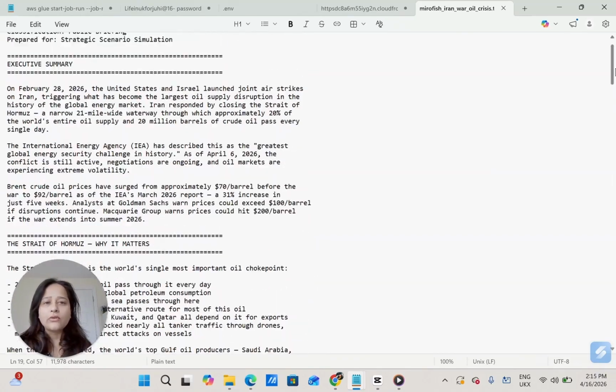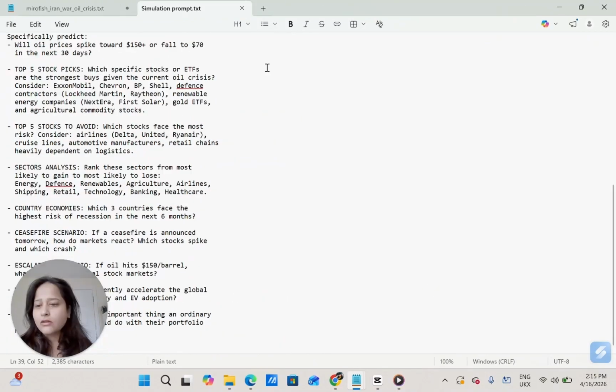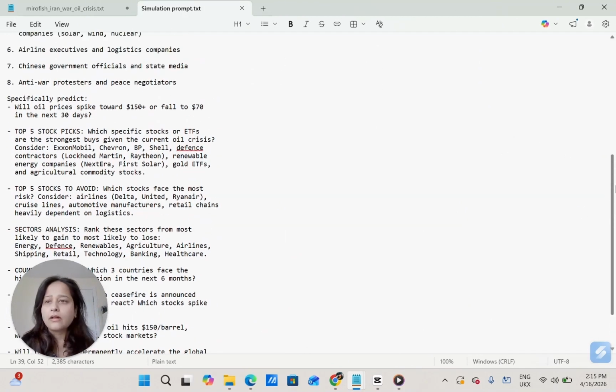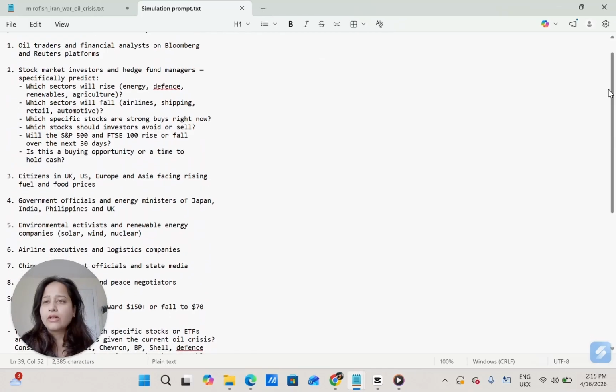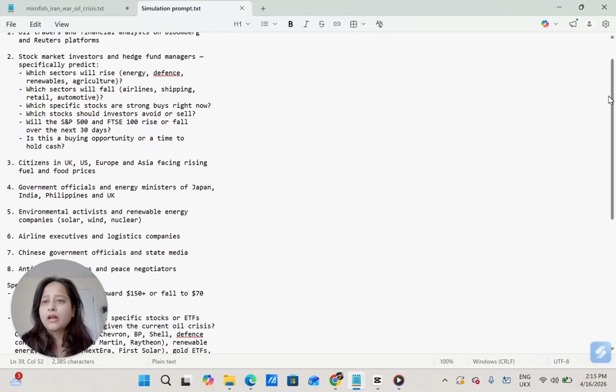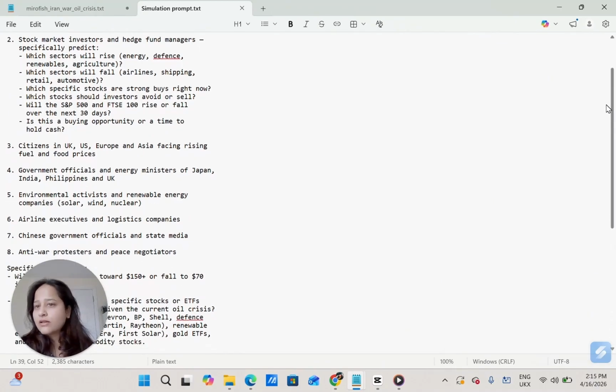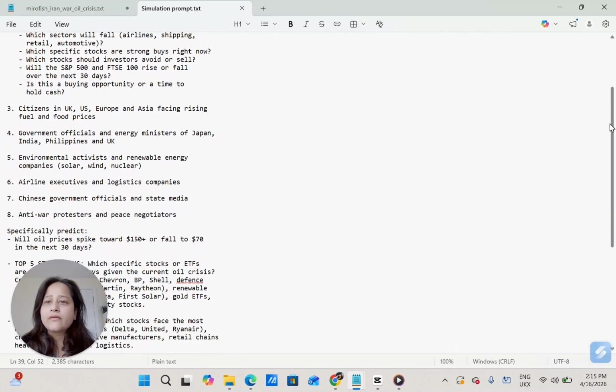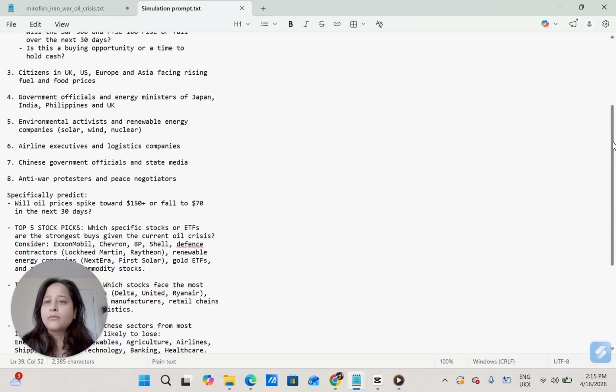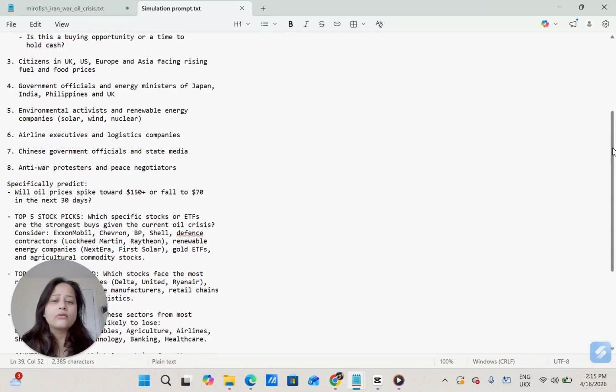And now I'm going to show you the prediction requirement simulation prompt. That will go to the second box. This is what we are going to ask MiroFish about. There are 7 or 8 questions, like how stock market investors and hedge fund managers can react, which sectors will rise, which sectors will fall, which specific stocks are strong buys right now, which stocks investors should avoid or sell, is this a buying opportunity or a time to hold cash,